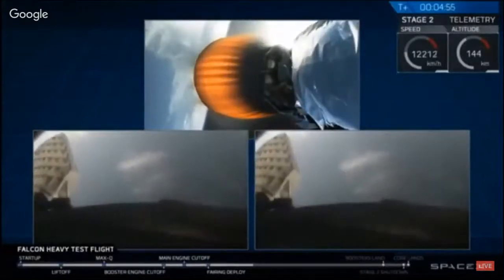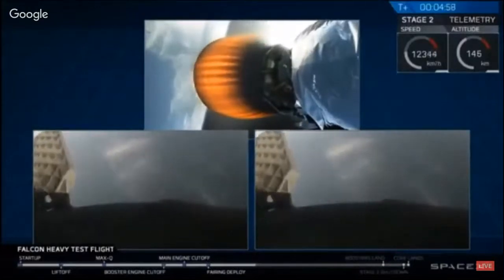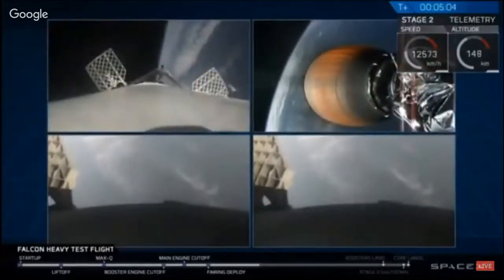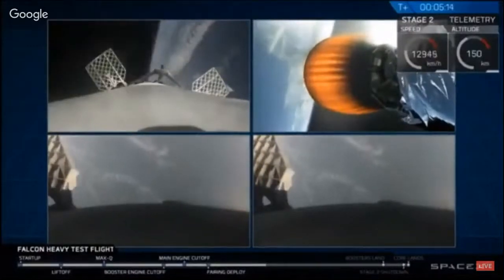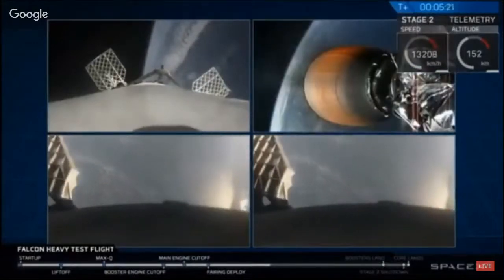Wow. Did you guys see that? That was awesome. Absolutely wild. I got nothing else. Oh man, recapping all the great things that you just saw there. Successful liftoff from the pad, successful stage separation, but before that, successful booster separation. You can see the two side boosters, pardon me, you can see the center core, and you can see...